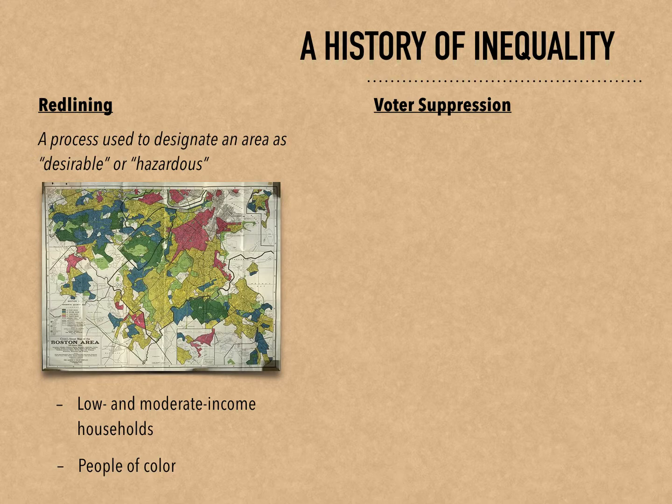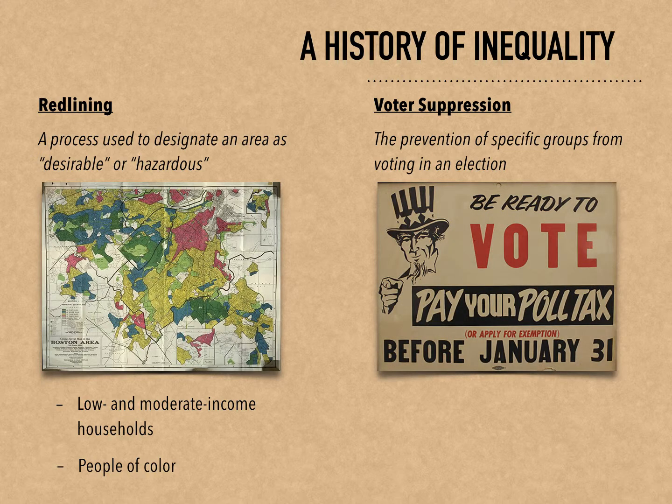Voter suppression has long been used to prevent specific groups from voting in an election. Suppressing votes has been achieved in many ways, including a poll tax, which affected low-income individuals, a literacy test affecting those without access to education, and strict identification laws, which often affect low-income individuals and people of color. While many suppression tactics have been eliminated, strict identification laws continue to challenge communities in accessing their right to vote.